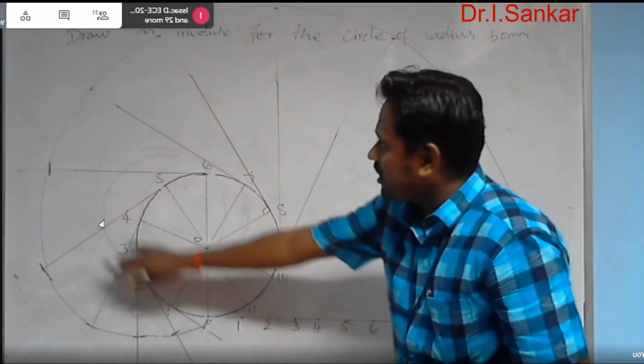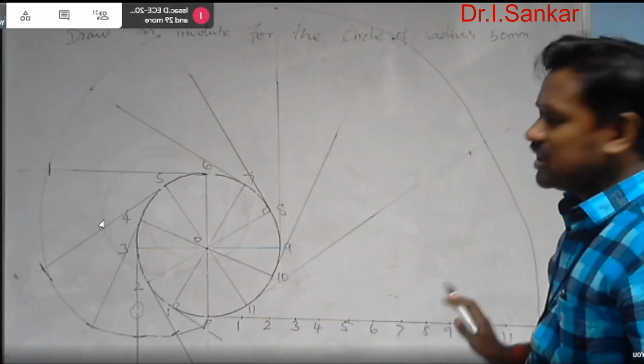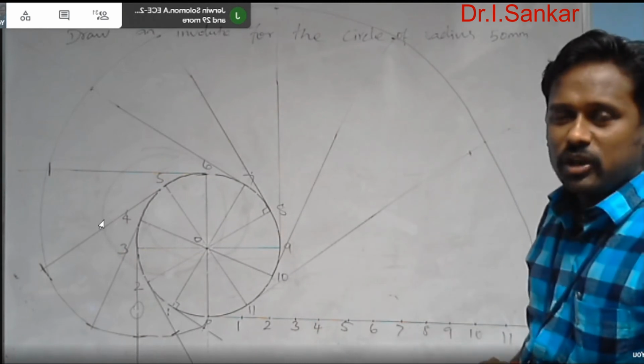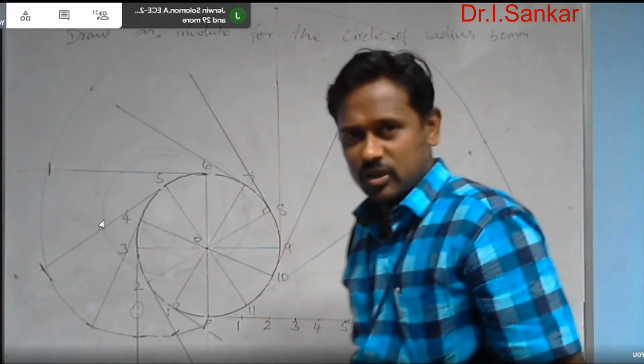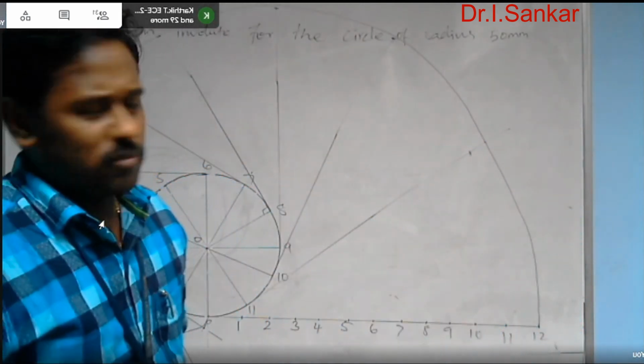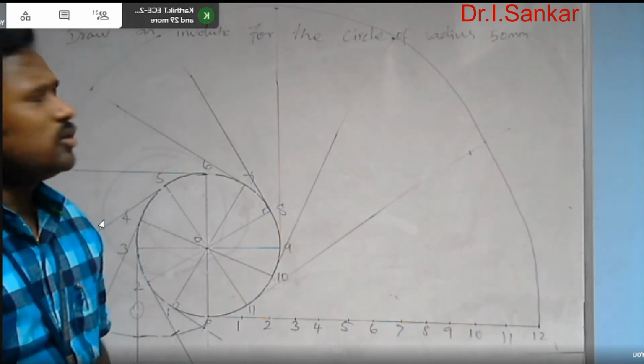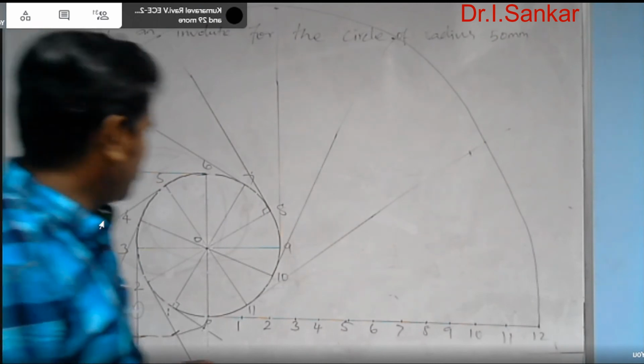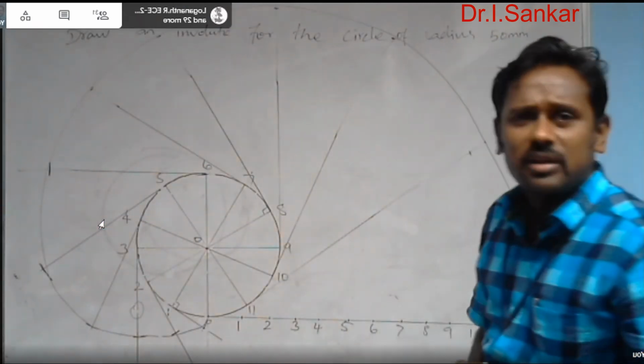In the same way cut number of arcs in each and every line. After that, you have to connect all the arcs to get the required involute curve. So in this way, you can draw the involute curve. After that, you are going to draw the tangent and the normal for this curve. And let me give you the procedure how to draw the tangent and normal.